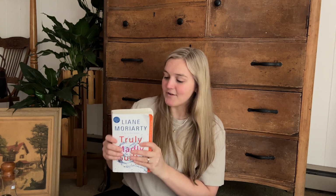So I have a whole collection of her books, and I've really only paid full price for one of them, but I love her stuff. So this was one I don't have yet. So I picked it up. It was only $1. And then on our way out, we started weaving through the clothing section, and I always